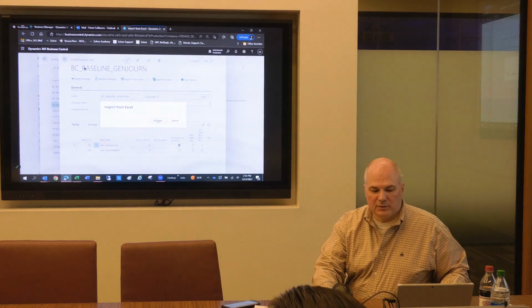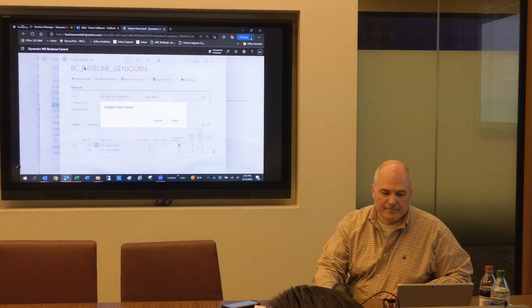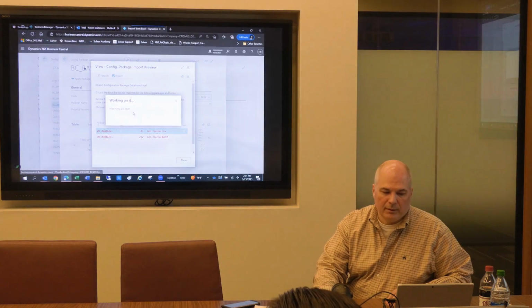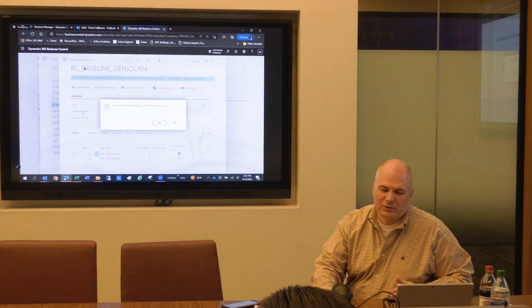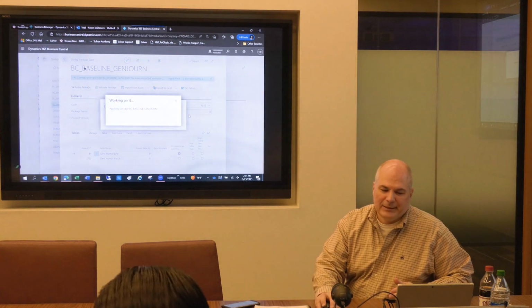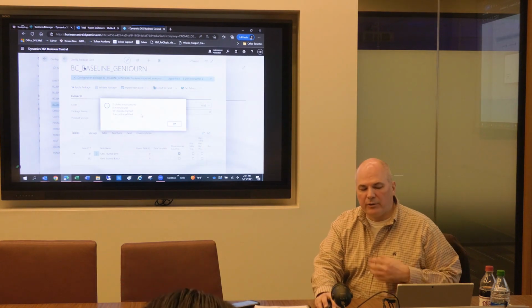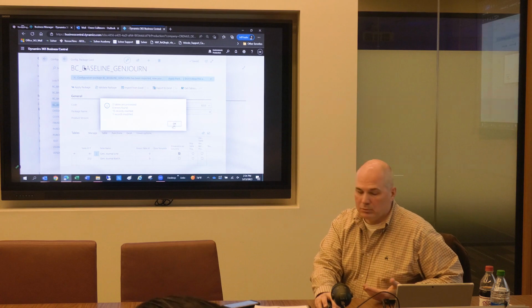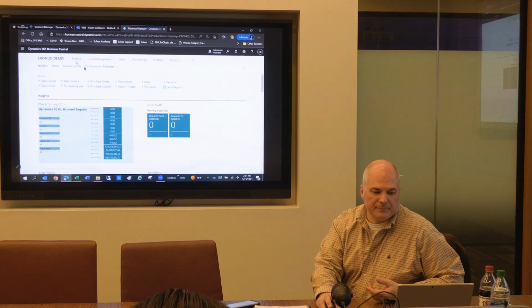Select the file to import. Import. I don't know why they make you click apply here. I feel like import once would have been enough, but okay. Okay. So it's inserted 15 records, and the one record it modified was the OTC batch ID. Now if I go back to my journal entry,